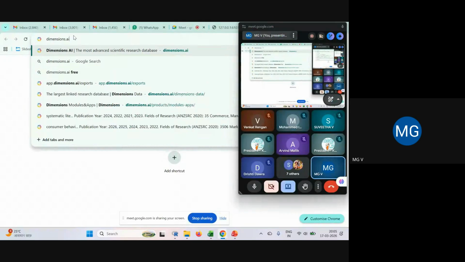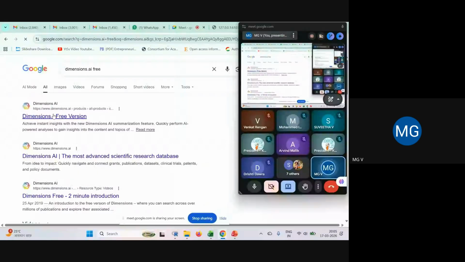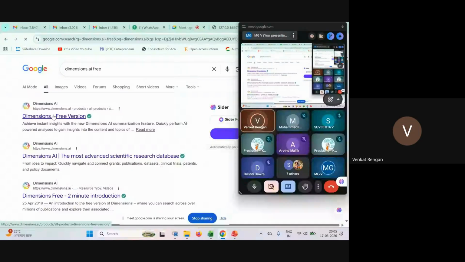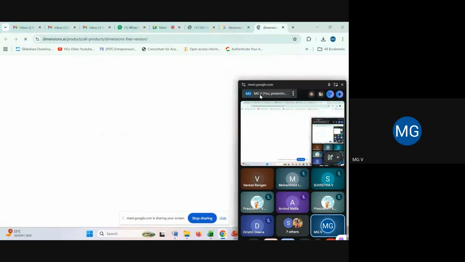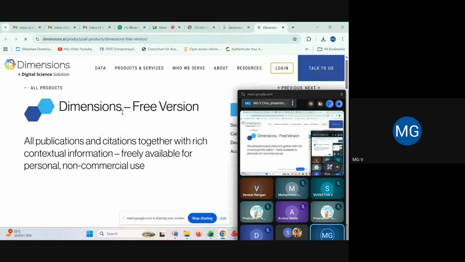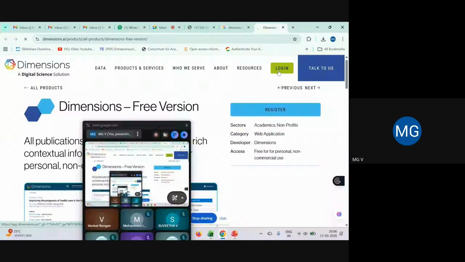You just type dimensions.ai and click on the free option. Now see, dimensions.ai free version. You have to go for the free version. See, this is the advanced version and this is the free version. We have to go on this. Dimensions free version. And here, see, there is a button to log in. Click here, login.